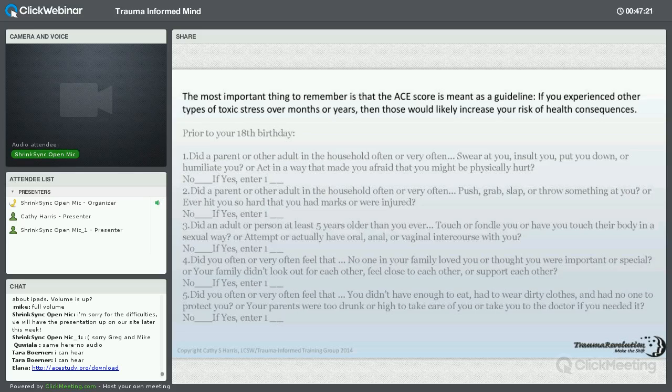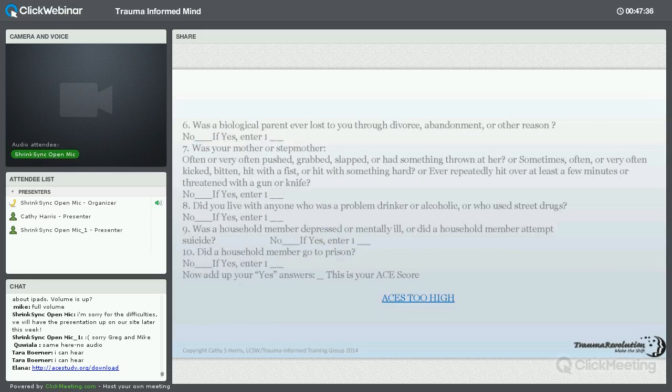Did you often or very often feel that no one in your family loved you or thought you were important or special, or that your family didn't look out for each other, feel close to each other, or support each other? Did you often or very often feel that you didn't have enough to eat, had to wear dirty clothes, and had no one to protect you? Were your parents too drunk or high to take care of you or to take you to the doctor if you needed it? So I'm not going to read all the rest of these